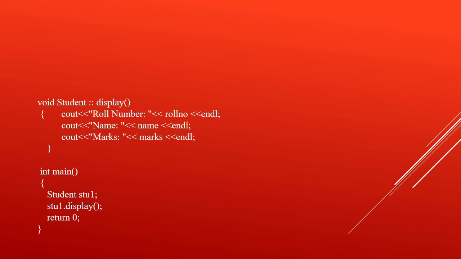The next statement is the calling of the display function. Again the control reaches the member function named display and it executes the statements included inside the display function. Here in the display function, the roll number, name and marks are printed.